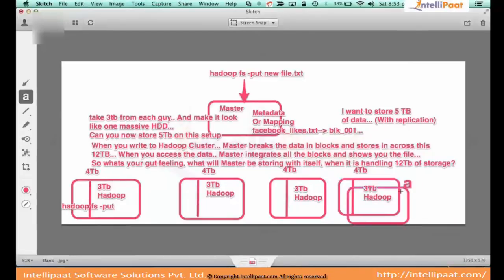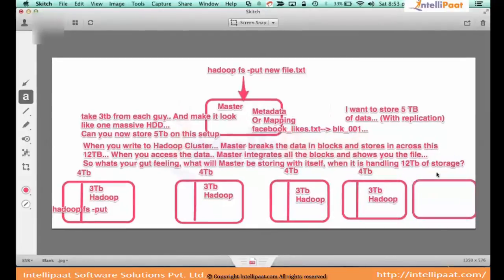So let's say hypothetically 5 terabytes of original data is there. You answer one question of mine. If I was your customer and told you that I want to store 5 terabytes of unique data in your cluster, how much storage would you require at the minimum to cater to my requirement of 5 terabytes in a default Hadoop cluster of replication 3? 15. Exactly. So that's the exact number, which is 15. So for now, let's say you have 15. If each machine is giving me 3 terabytes of reserved storage, right now you can store my 5 terabytes of data here, right? 3 plus 3 plus 3 plus 3 plus 3 is 15, correct?